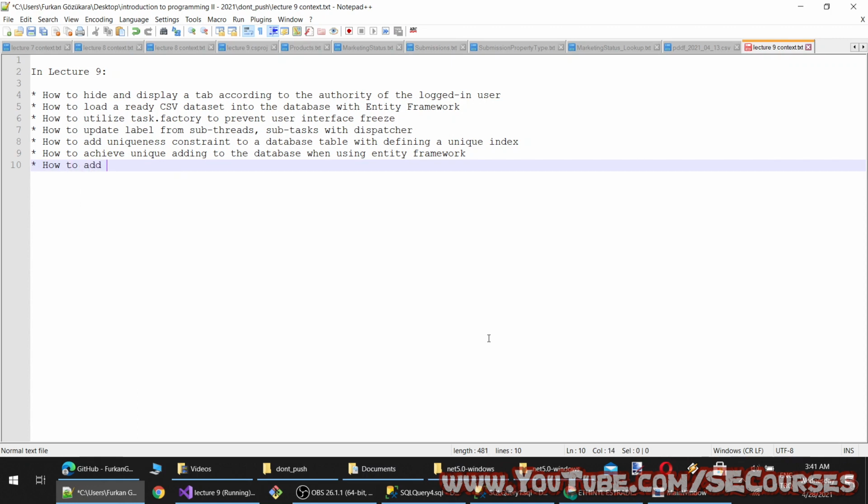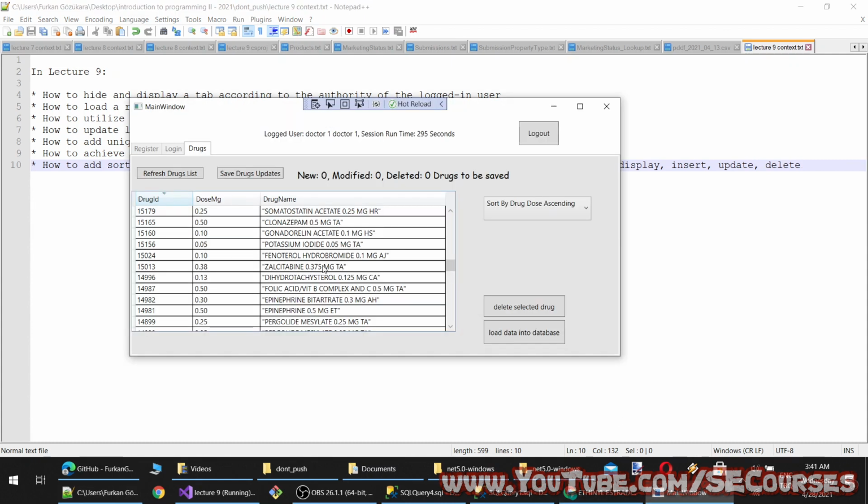how to add sorting features to your data grid displayment when using entity framework for automatic display, insert, update, delete. For example, we are doing sorting, but we can still change values.